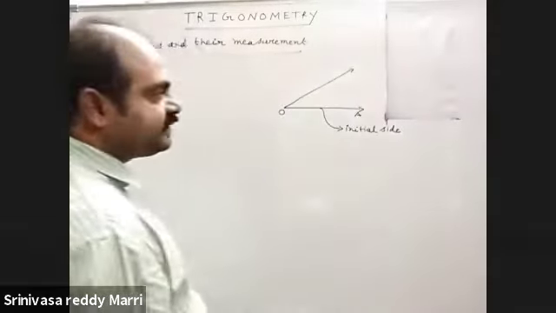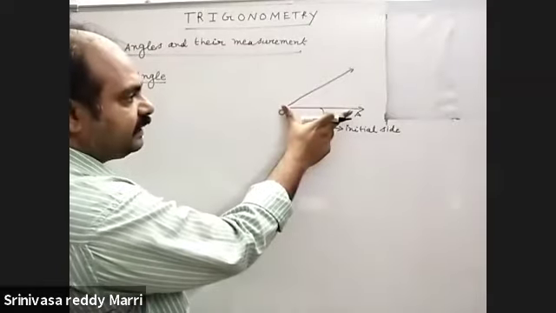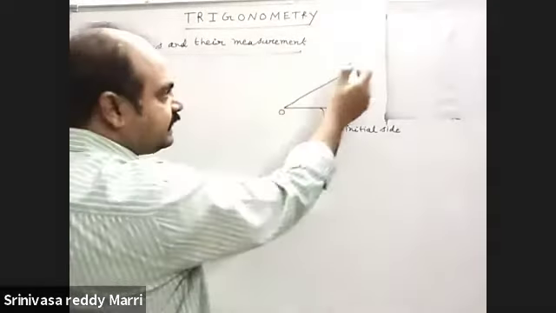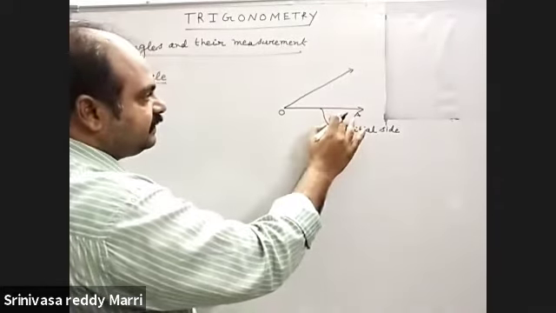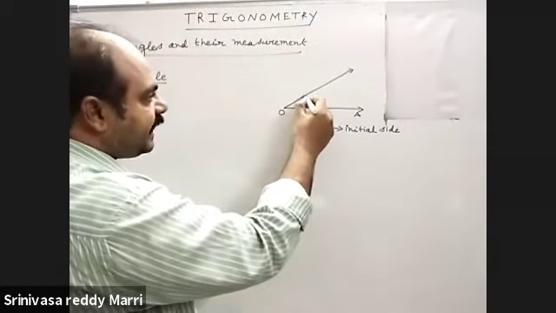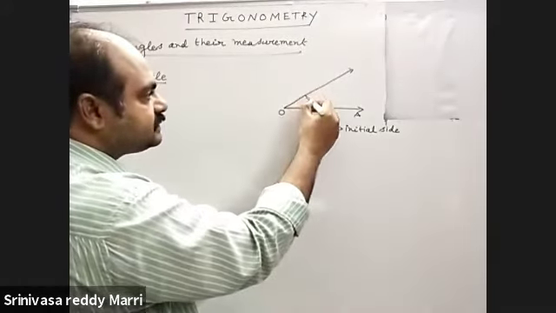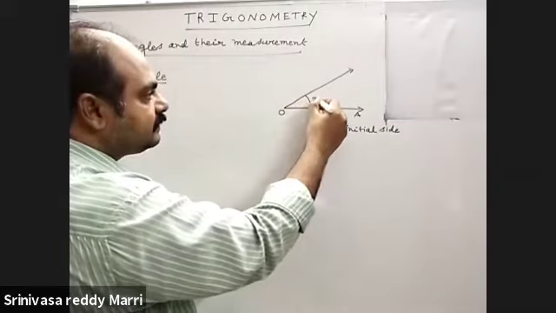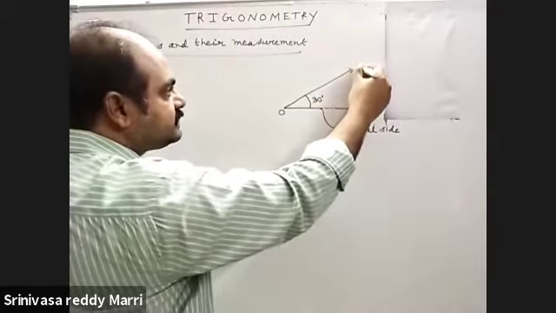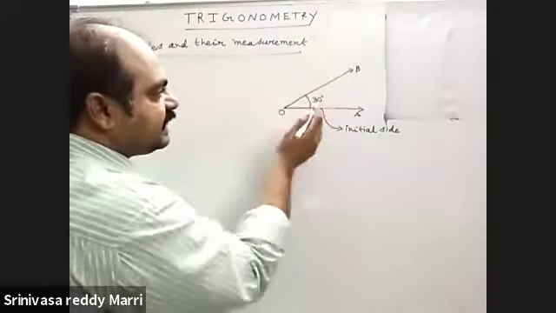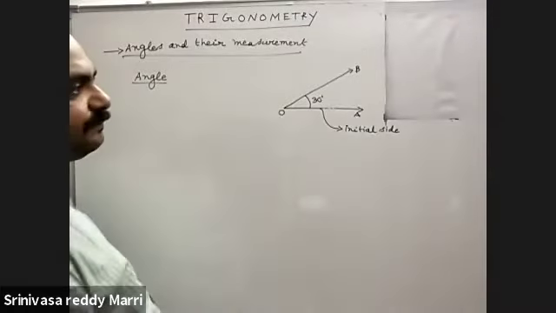Just like measuring with a protractor. Suppose you want to measure, you will keep the protractor here and then we will make a 30 degree angle and then draw the ray. Just like that only. There will be an initial side. Measure that angle, this is 30 degree. Draw the terminal side. These lengths are not important. Only the angle they are separated by is important.